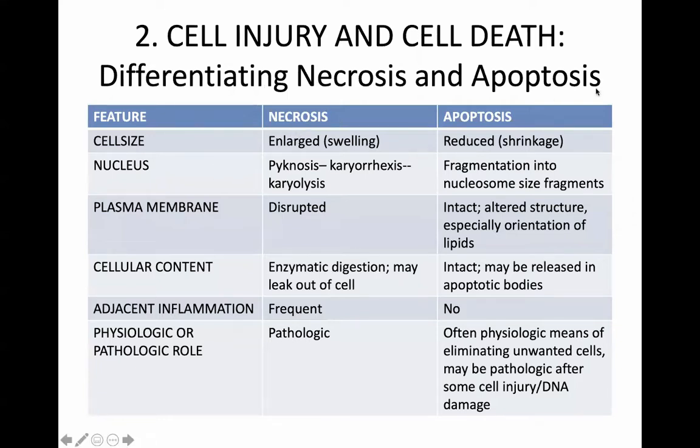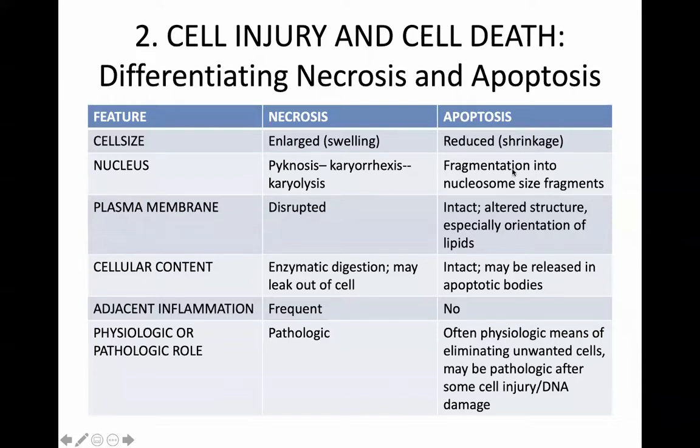In terms of the differences between necrosis and apoptosis in how they form, this is important. The cell size in necrosis is enlarged, and is reduced in apoptosis, because essentially what you're having in apoptosis is breakdown. So the cell is ingesting itself, is eating up itself. Now, in terms of nucleus, there is pycnosis leading to karyorrhexis and karyolysis. So this is an inflammatory process through which the nuclear material is broken down until it is finally dissolved.